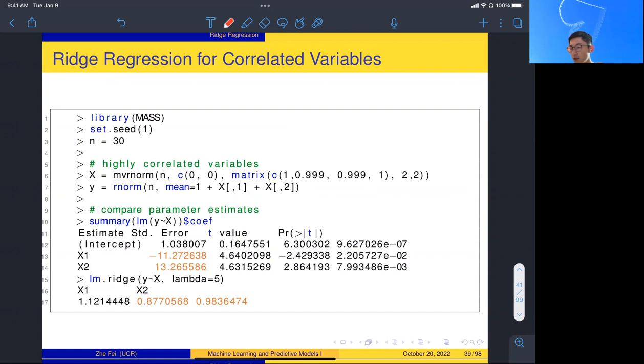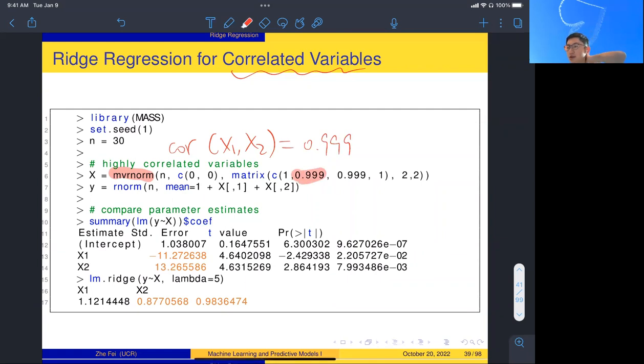So let's see. This is one illustration when we have correlated variables, and then we want to apply ridge. So here we simply simulate two predictors, X1 and X2. We see here X1 and X2 follow a multivariate normal distribution, and they are highly correlated. The correlation between X1 and X2 is 0.999,